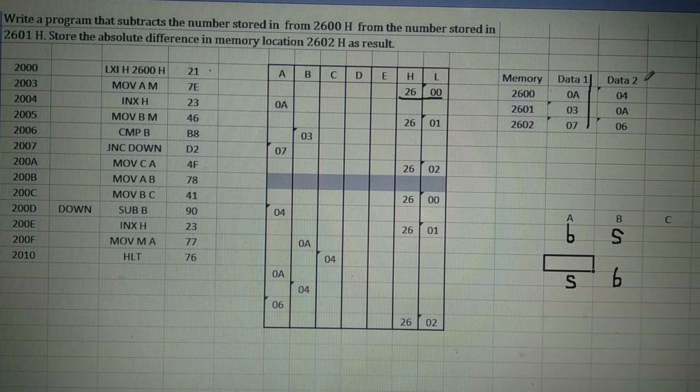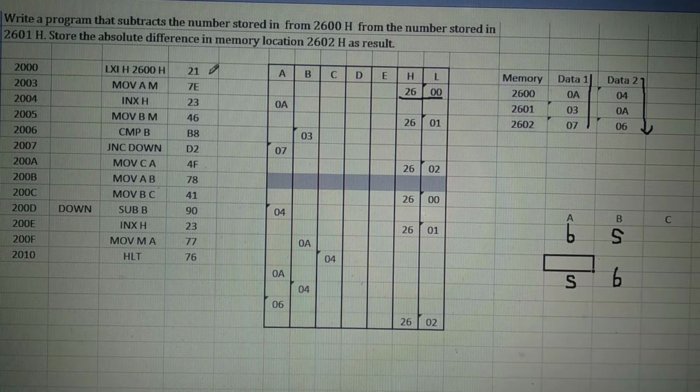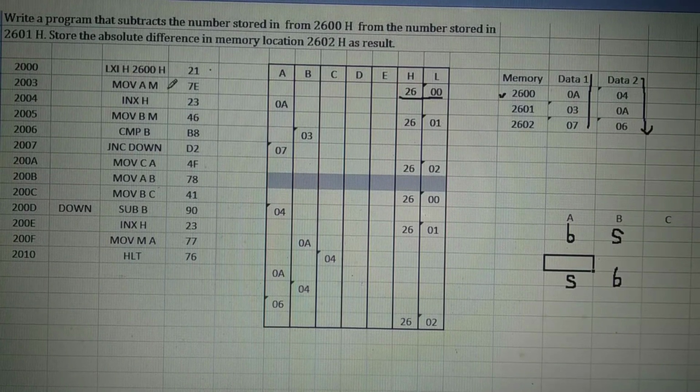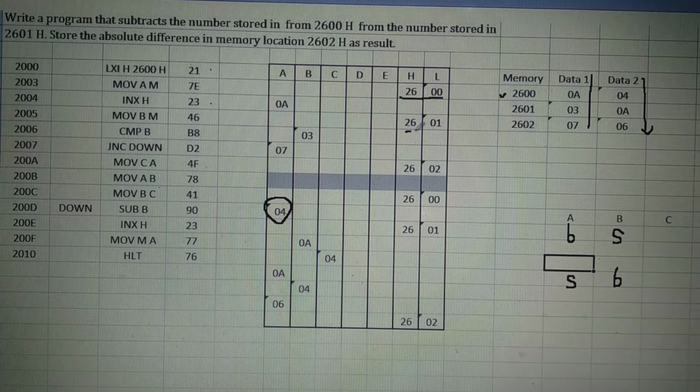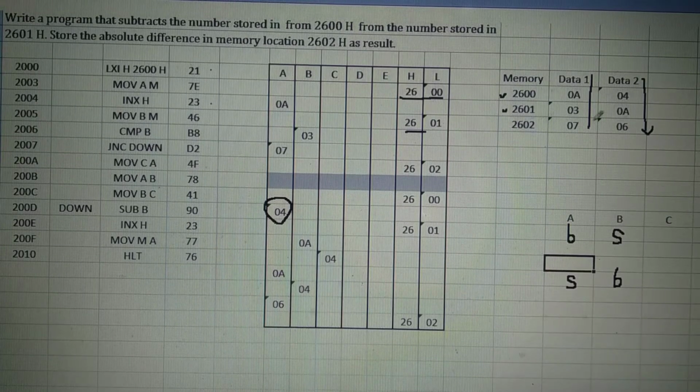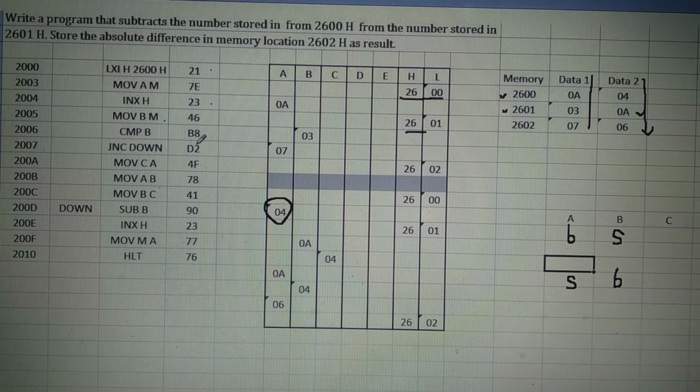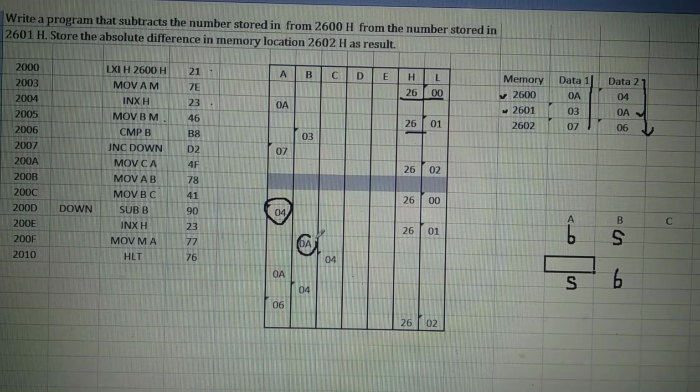Suppose data 2, the first number is smaller. LXI H, it becomes 2600. Bring the number from that memory location to the accumulator. The accumulator will have the number 04. INX H, go to the next memory location. Bring the number from that memory location to register B. Move M to B. Here it becomes 0A.